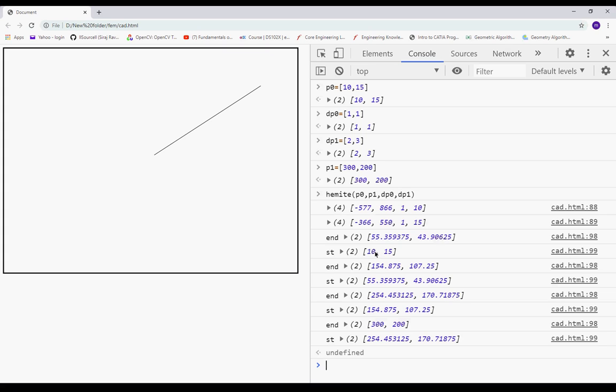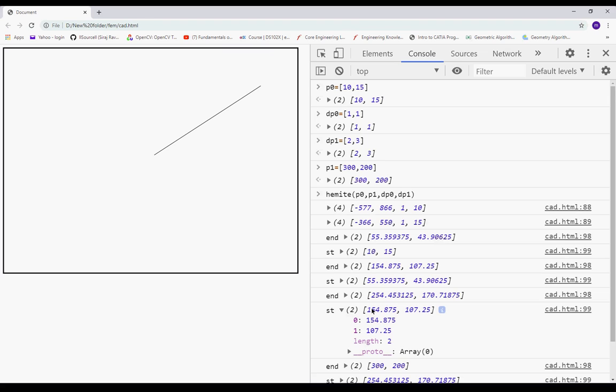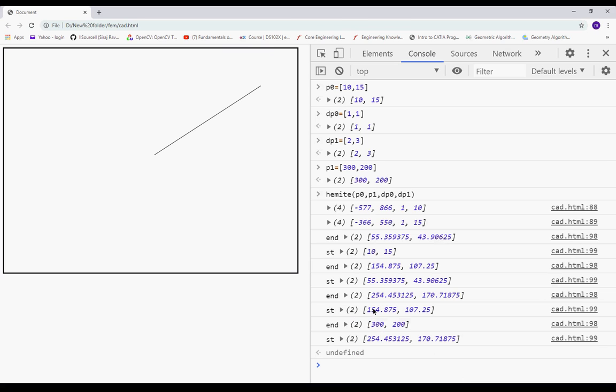So I'm printing the start point later. So start point is this. This is the end point. So start point becomes the previous one. This is the end point. But here start point is 154. Yeah, correct, 154. And end point is this. So start point will become 254.